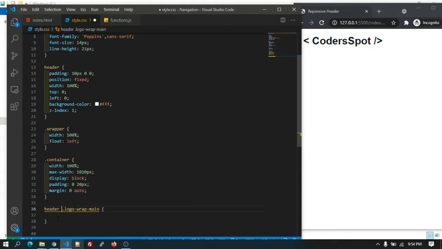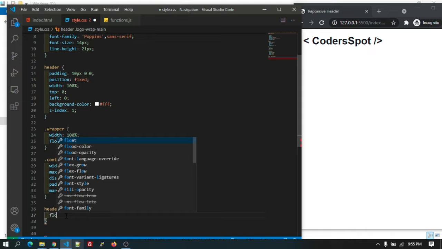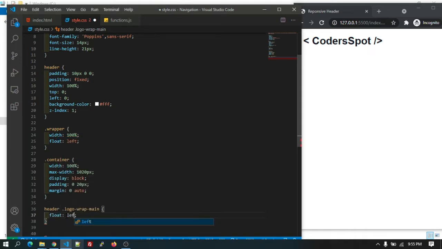It's a parent and the child. Make sure you will write all the classes like this only. We first include the parent and after that the child element. Okay, and let's give float as left, and width will be 100%.